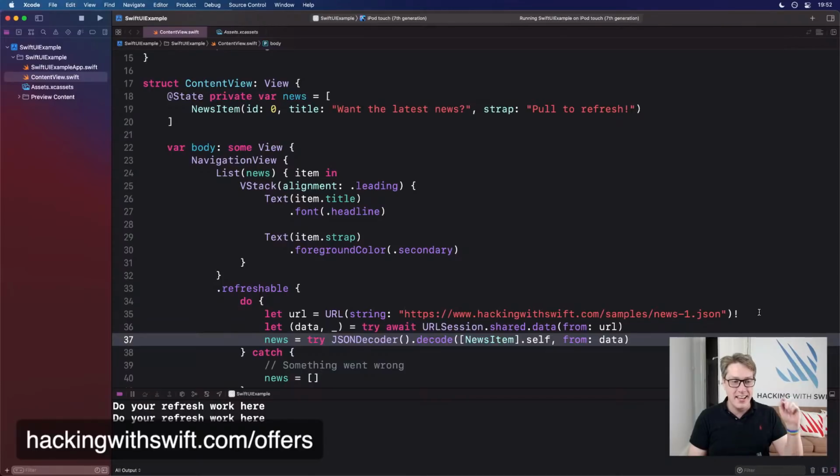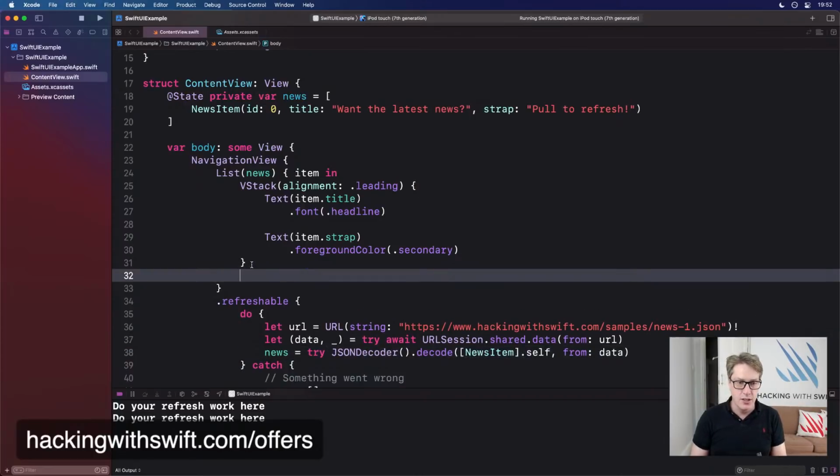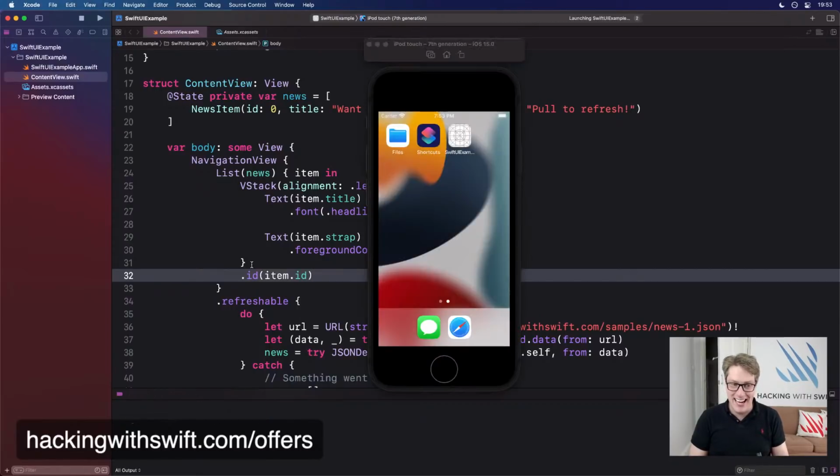So yes, Kurt is saying that I may need to decorate items in my list with ID something or other down the way, and I'm guessing he's suggesting something like .id here with item.id, like that. I'm guessing that's what he means. If not, Kurt, by all means, please correct me. And let's see how this is going to work. Let's find out. I'll go ahead and give that a try. It seems to build. Let's find out if it works correctly.